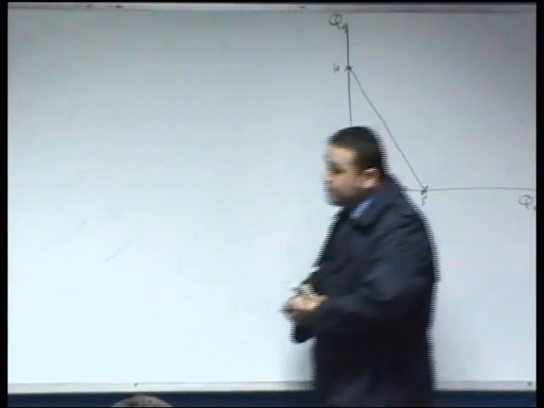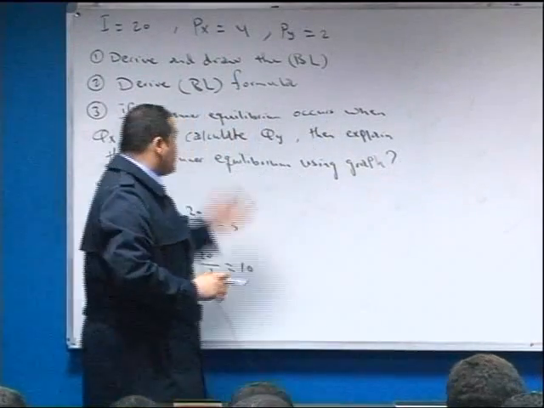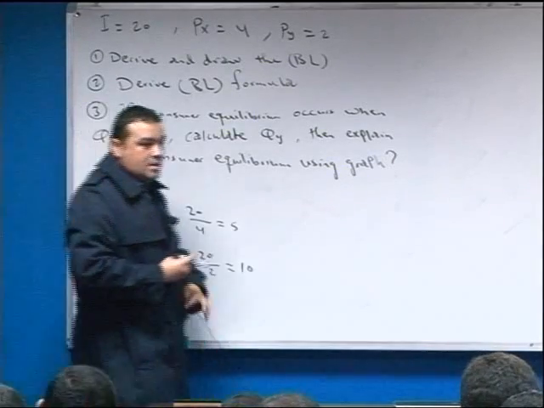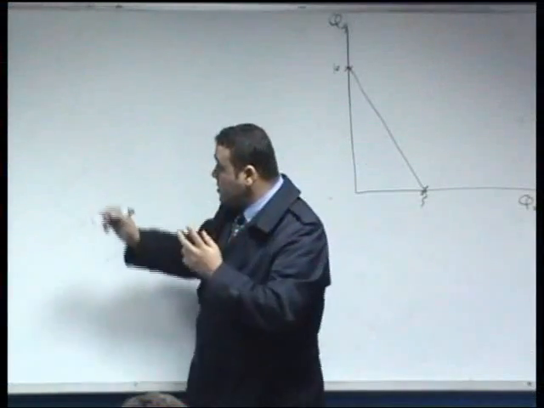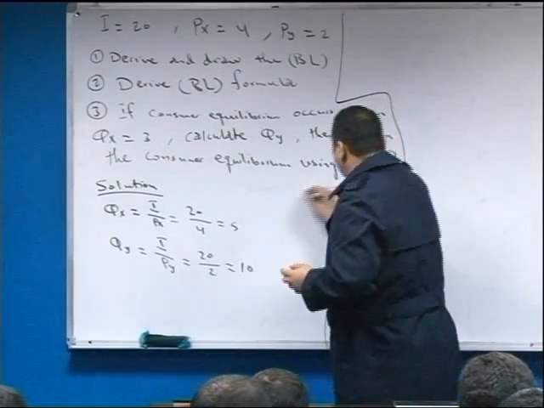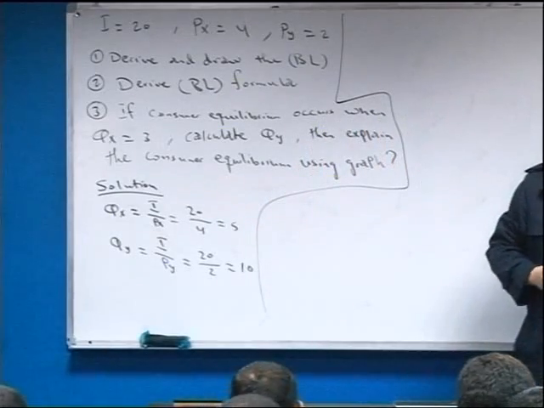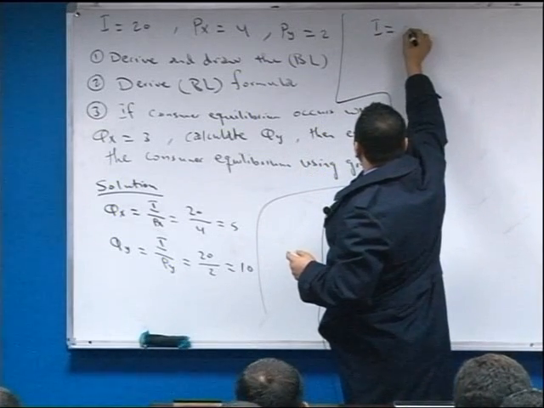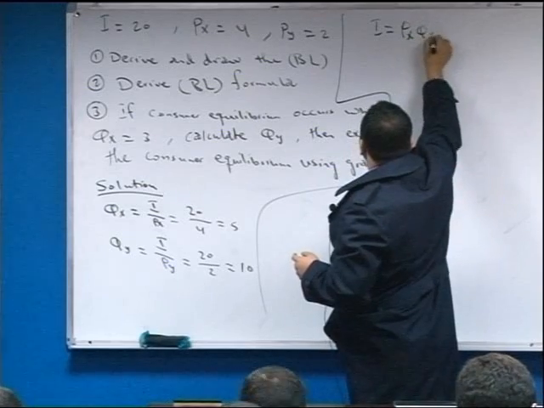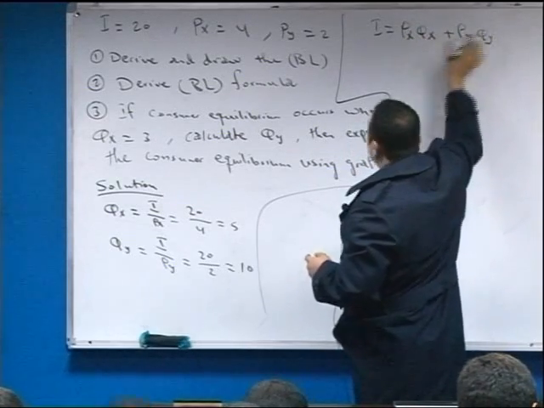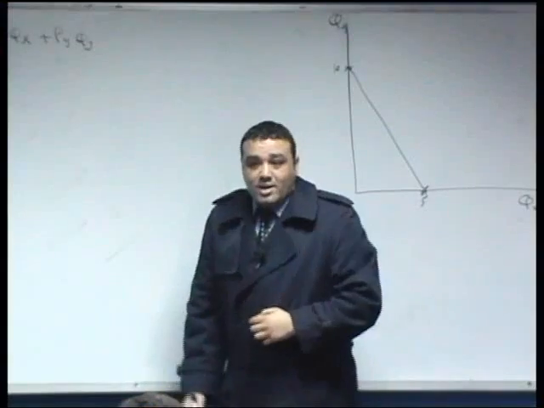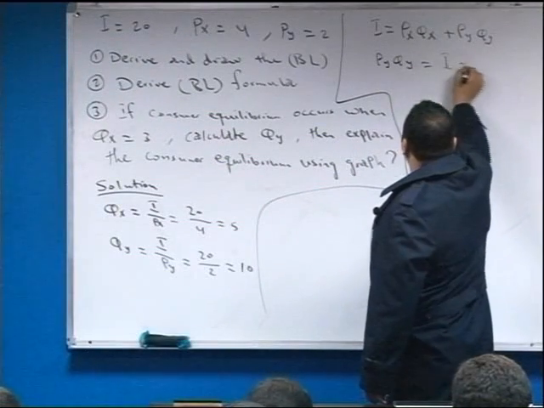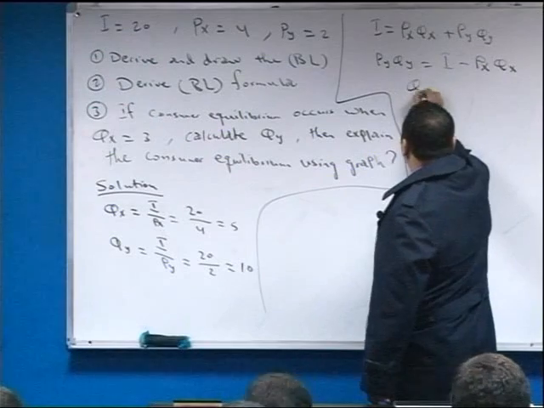Okay. The question, number 2, is to derive the budget line formula. To derive the budget line formula, we have to calculate Qy by Qx. So I equals PxQx plus PyQy, right? Let's calculate Qy. So PyQy equals I minus PxQx. So Qy equals I